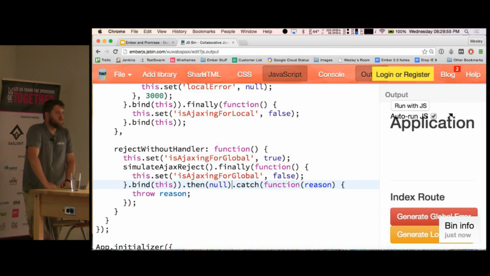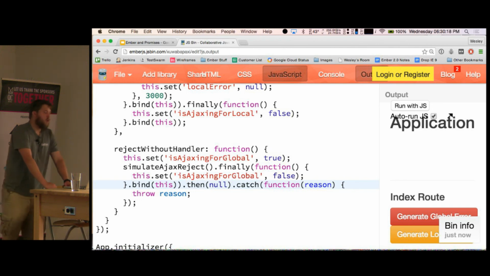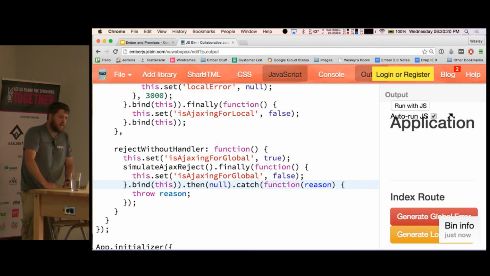It can be a blessing and a curse though, because of exactly what you're saying there. You throw the exception in your own code and you're handling an Ajax error in your catch. Then you have an exception in your own code that bubbles down to your catch, and you're trying to catch Ajax errors. So if you want to catch an Ajax error from the initial call, you probably want to put your catch above the dot then.